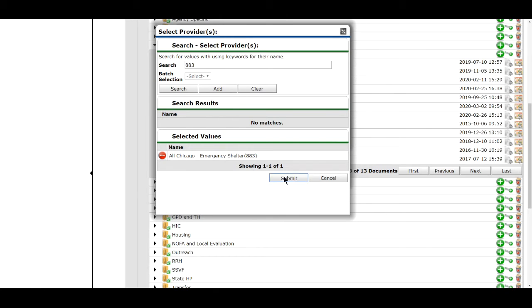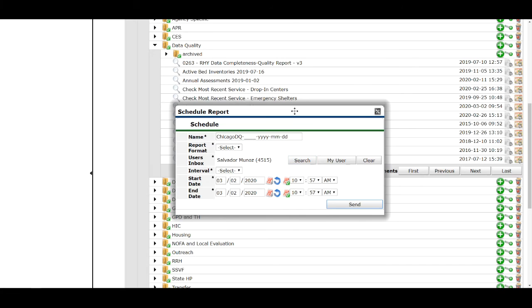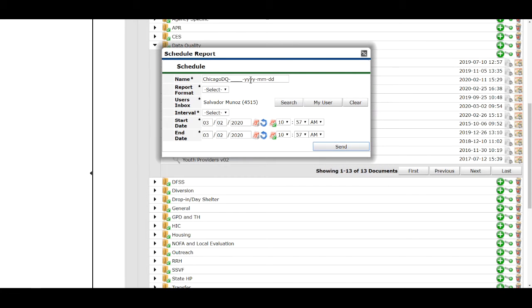We'll click on Submit. And again, remember, I don't have to touch any of these prompts. The only one I needed to alter was Select Providers. I'll click on Next. And here is where you can begin to change the name of your report. So what I'll put here is this underscore is for your HMIS project ID. So my project is